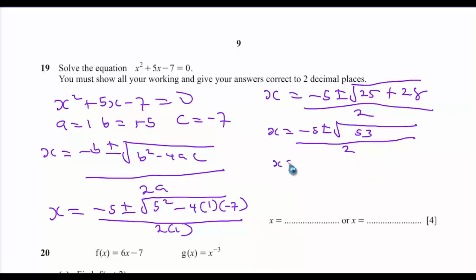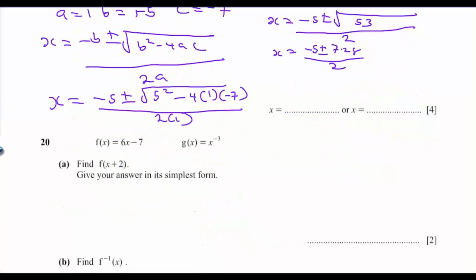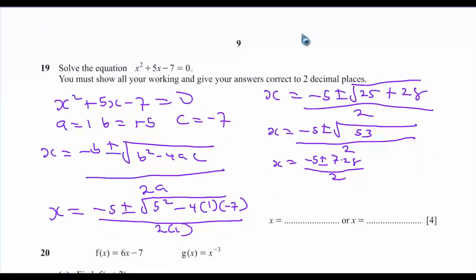Then you have x equals minus 5 plus or minus the square root of 53, which is 7.28. You have 7.28, then everything over 2. So finally you can now separate them. So I can say that x is equals to minus 5 plus 7.28, everything over 2. Okay, if you simplify this, this will give you the value of x